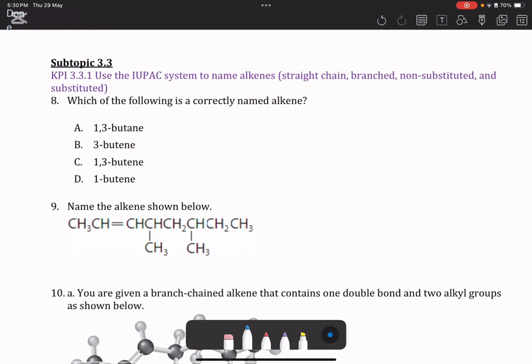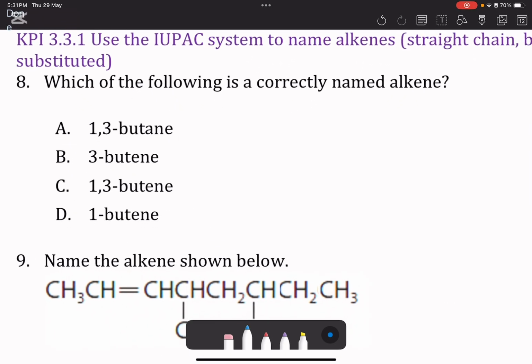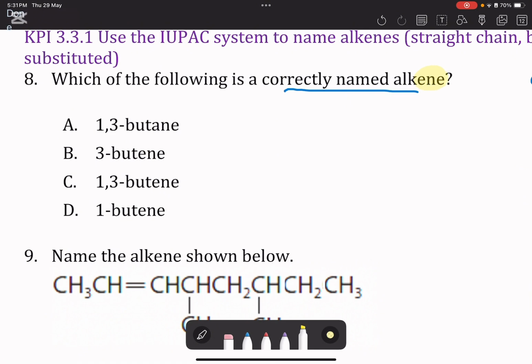Now, moving on to the materials of term 3, where you have to name alkenes or draw them, naming and drawing, and naming alkynes or drawing alkynes. Now, which of the following is correctly named alkene? If I have an alkene, the naming should end with "ene", and that is ending with "ane", definitely not the